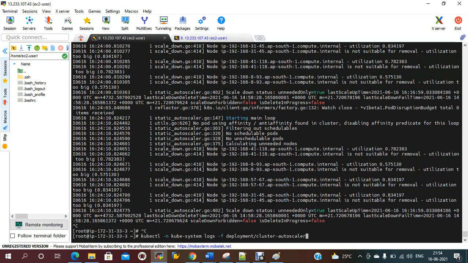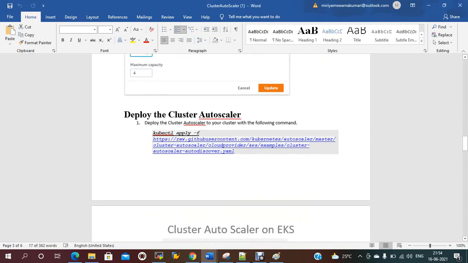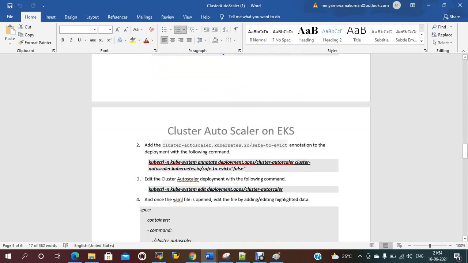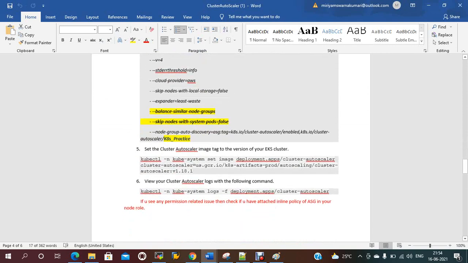With kubectl get, if I want to check, you can check the service account, automatically it should be created with that one. Now the cluster autoscaler should be deployed on EKS. This should be created with minimum 4, maximum this one.